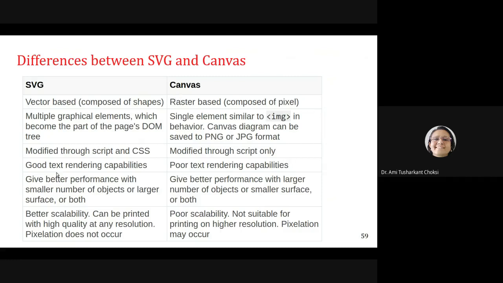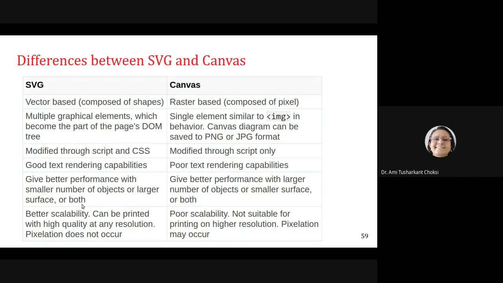For SVG, we can say good text rendering capabilities, whereas Canvas has poor text rendering capabilities. SVG gives better performance with a smaller number of objects or a larger surface or both.